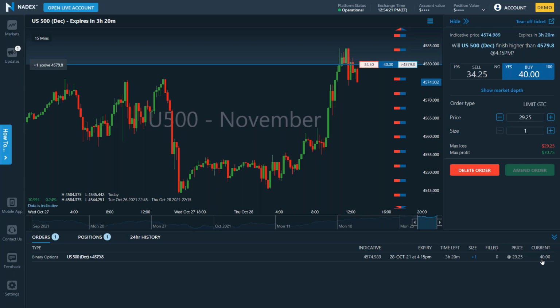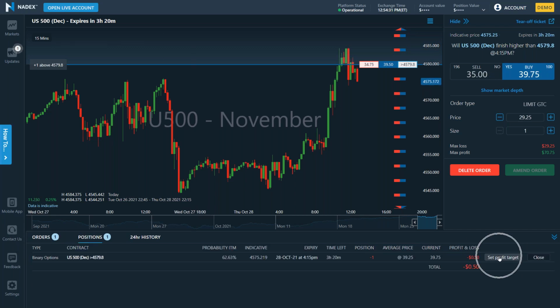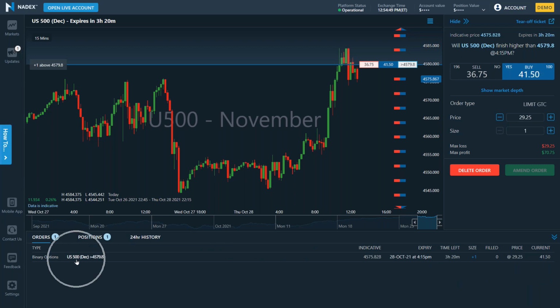So I can set a limit order to buy it back for a profit, which is what I'm doing right here. We have that set profit target functionality where you can say, I'm willing to take this off for a partial profit, and I would say, thank you very much. Or I could simply just get out. Now, if this starts going against me and I'm uncomfortable, I could just simply close my order. And if I closed my order and took a $2 loss, I'd want to remember to go back and cancel this order, because I wouldn't want to buy it down here anymore because I would have closed my position.